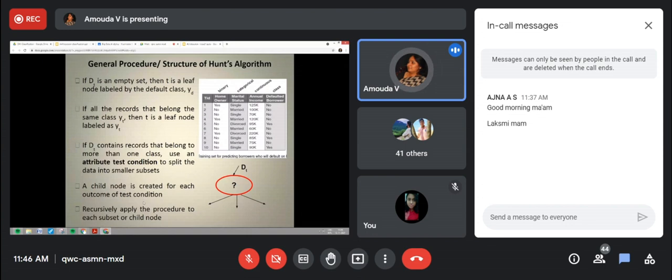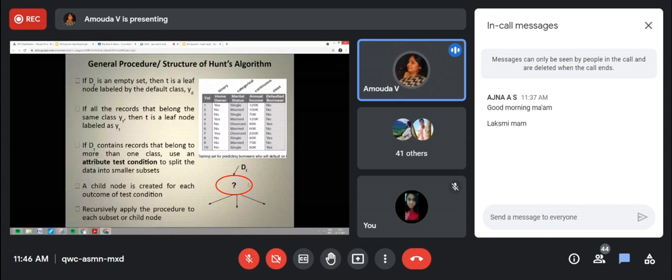The same thing is created for each node. That's why it is an iterative process, recursively applying the procedure to each subset or child. So the training set database is given to the first parent node, and according to the test condition, it is split into various nodes.